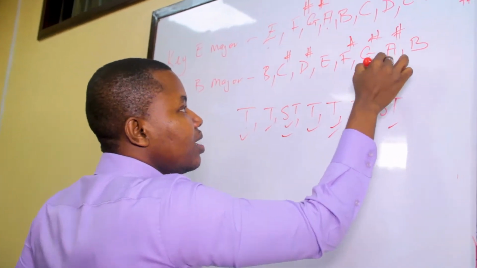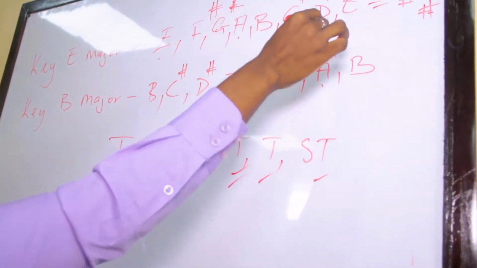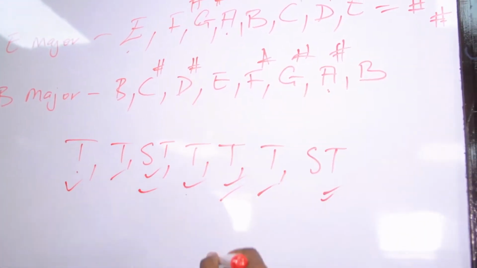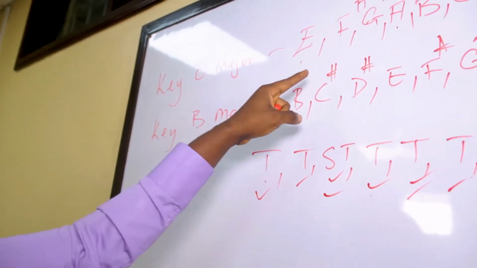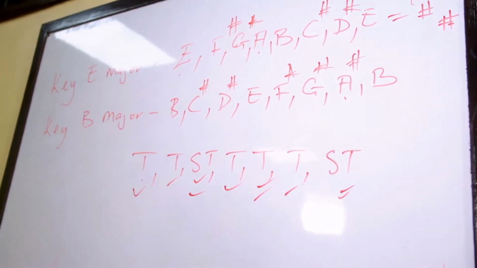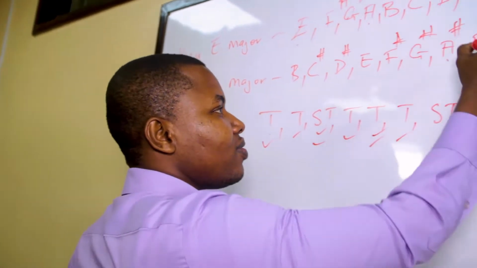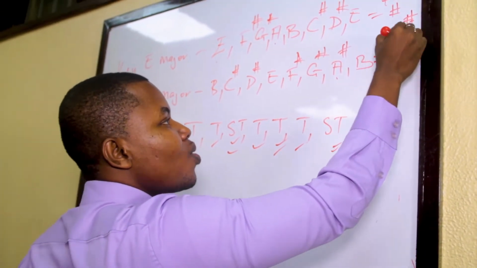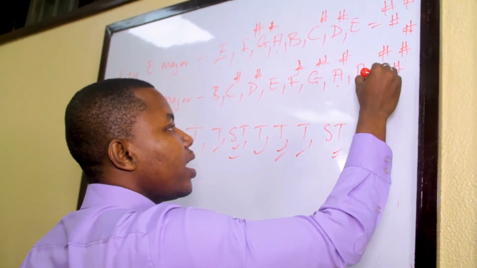The new guy is this, A sharp. We sharpen the A. Now A sharp to B is a semitone. We get our semitone. So with the B major, we have 1, 2, 3, 4, 5. Five! 1, 2, 3, 4,